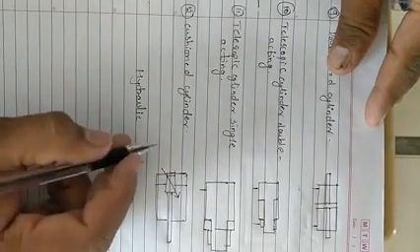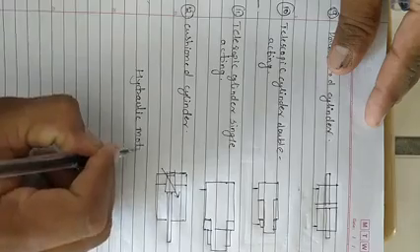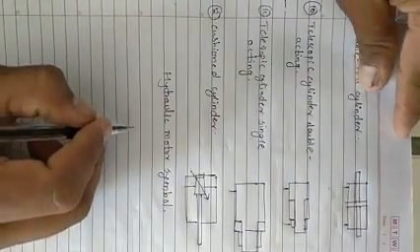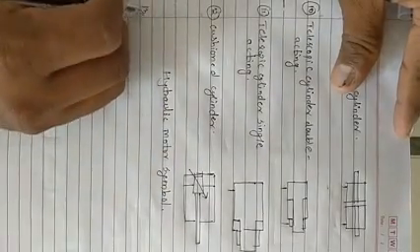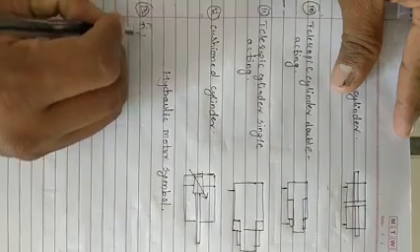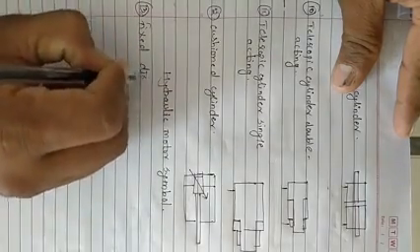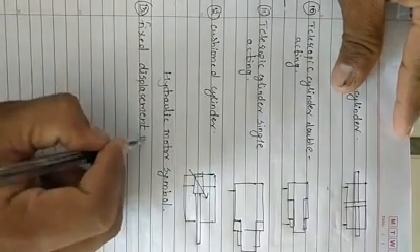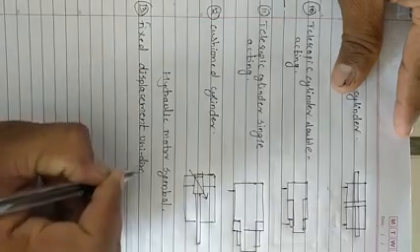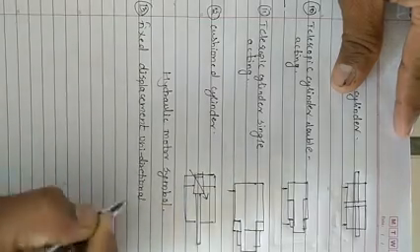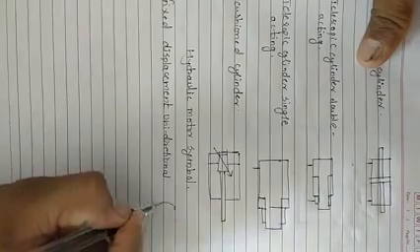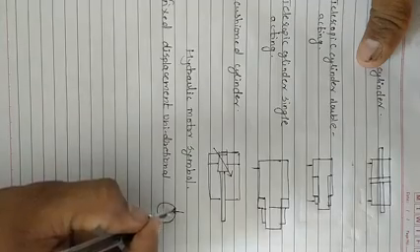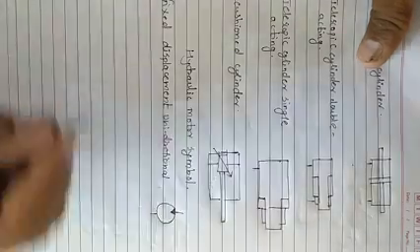then there is the next type, hydraulic motor symbol. Okay, there is first fixed displacement unidirectional. Unidirectional means only in one direction. Okay,